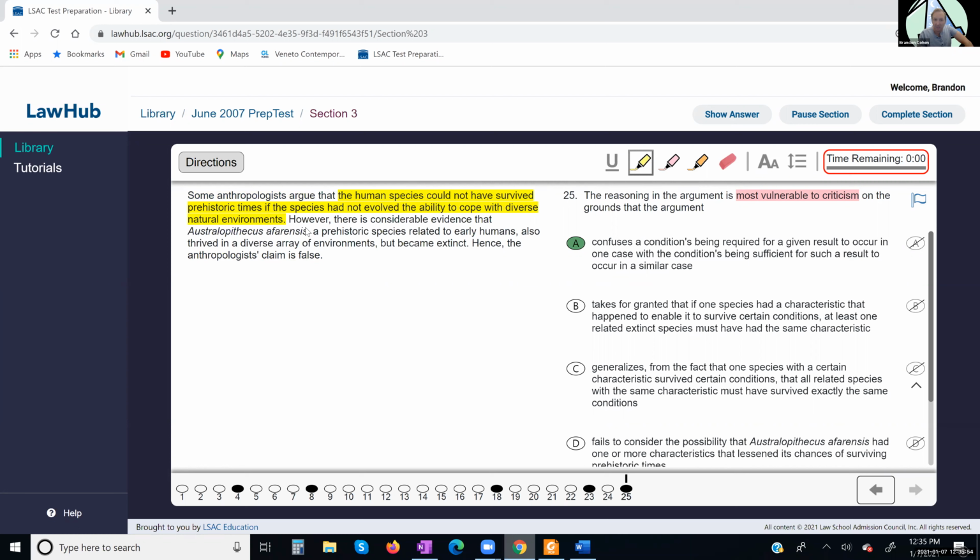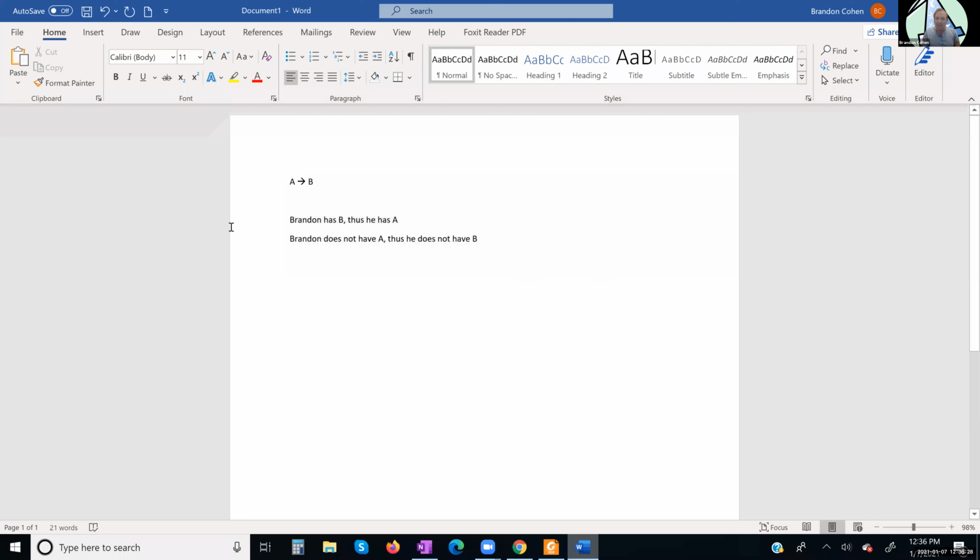So negating this, okay, if the claim is false, negating an if-then, and this is where I guess I'll get into it. Negating the if-then is accepting the if, but not the then. So that the species evolved, but they did survive. So the conclusion of this, when you do it right and you see what the claim is, the conclusion is saying that it's possible that you could not evolve, but survive. You have to negate the then, which is the yellow. Okay. So it's that they would not evolve, but survive. The problem is their evidence focused on somebody who did evolve, but did not survive. This is going to relate to this issue here.